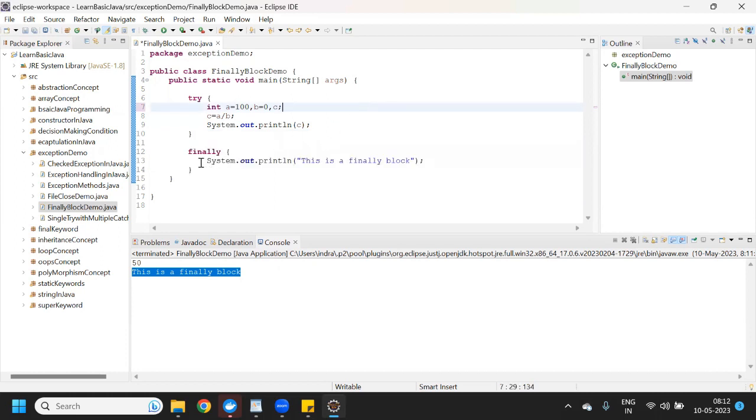So first it will execute the finally block code, and after that it will throw the exception and terminate the program abnormally.